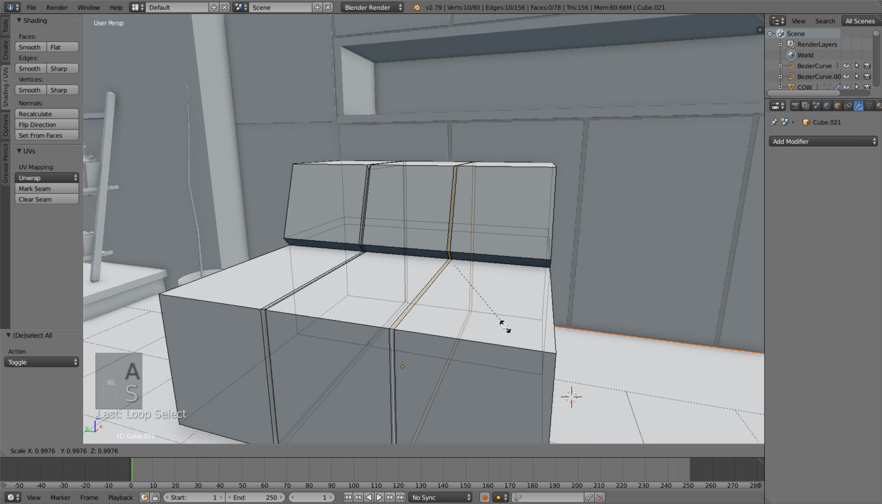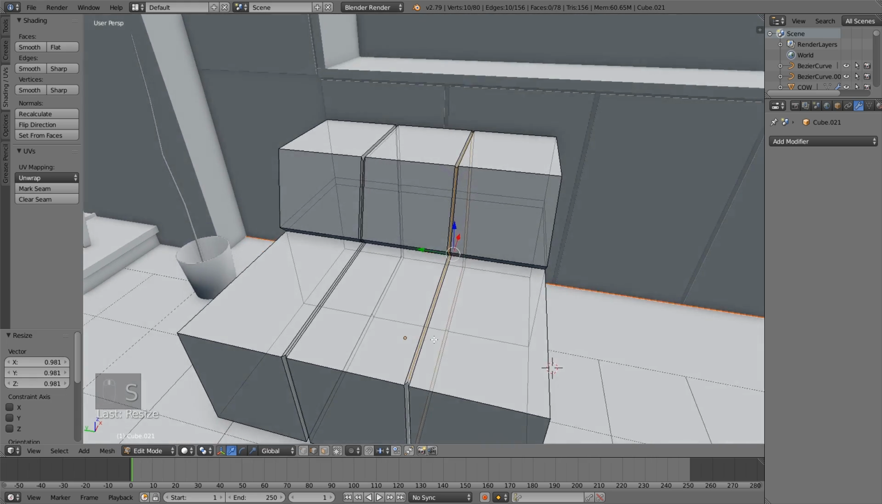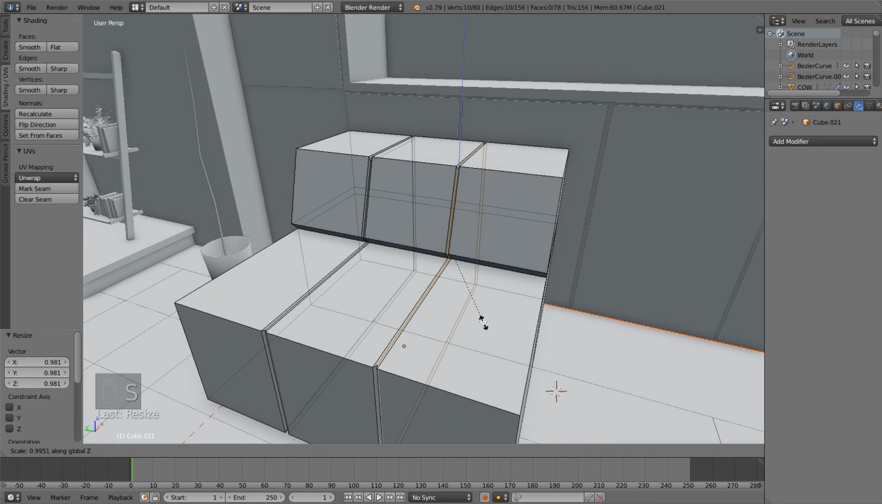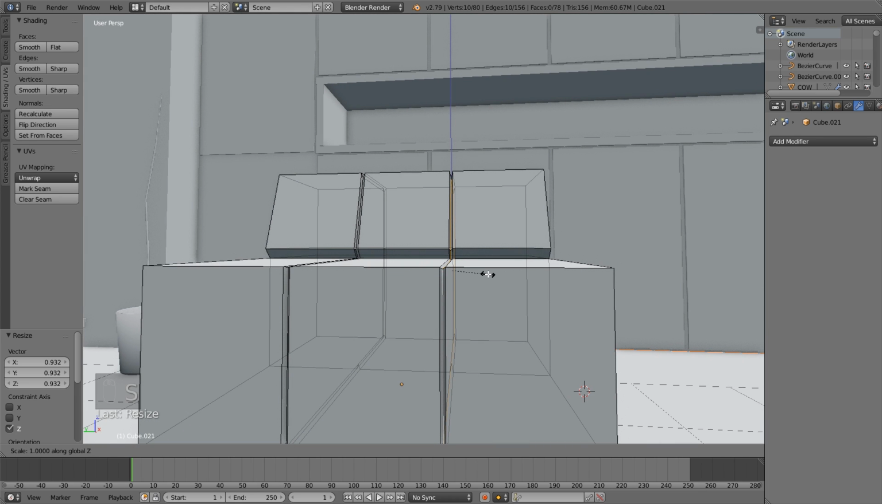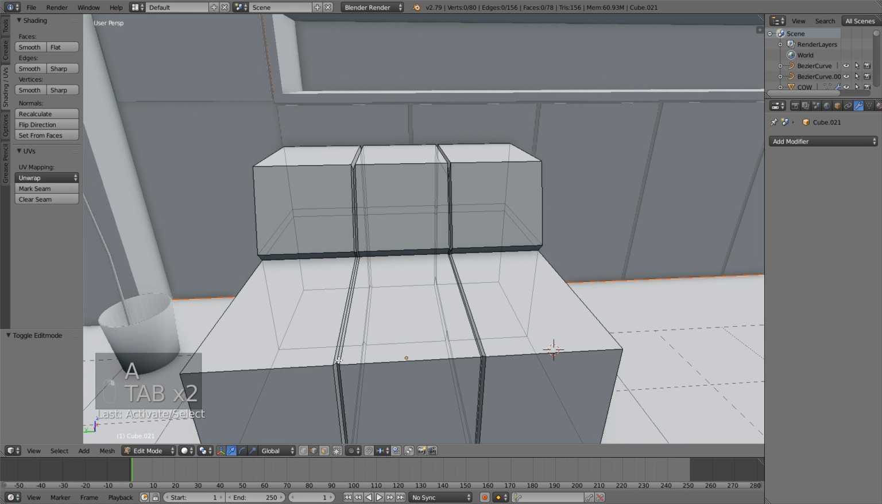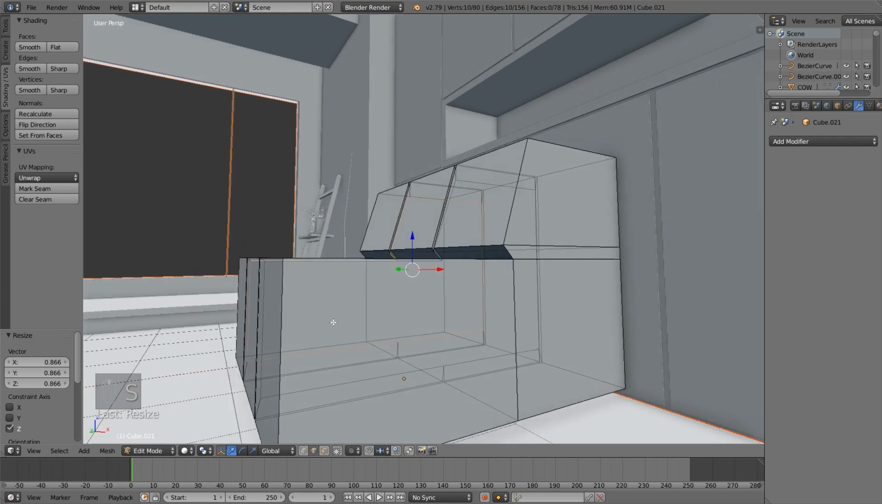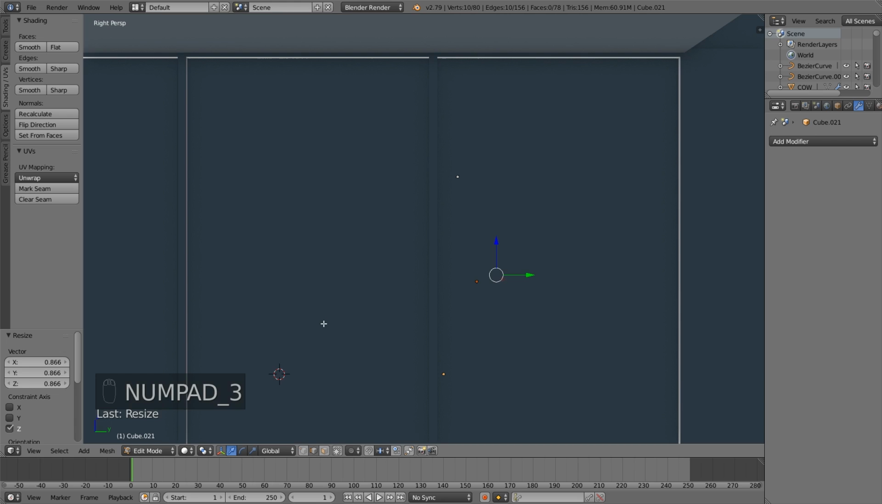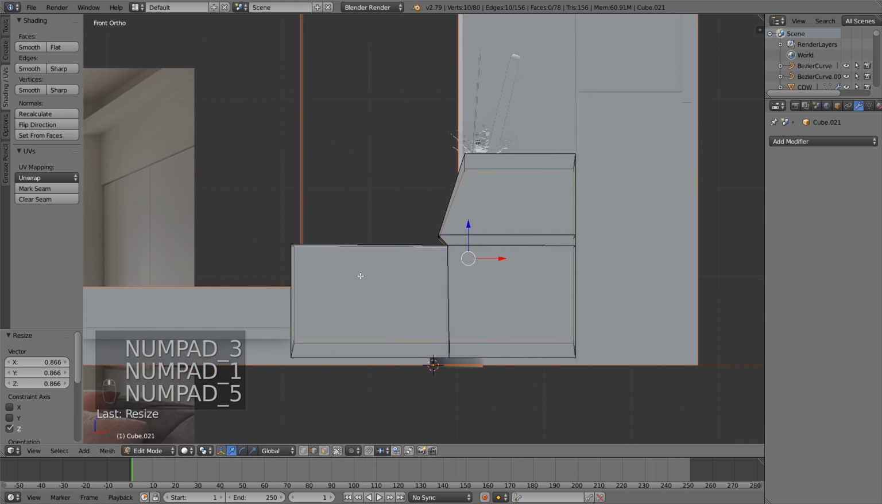Trying to do them at the same time will end up kind of messing up your geometry a little bit, and it's just easier to do them separately in this case. Alright, so scale them down along the Z a little bit, and that looks pretty good. I think this one could be scaled a little bit more along the Z axis. Alright, so if you kind of go from the edge here by hitting numpad 1, you can see